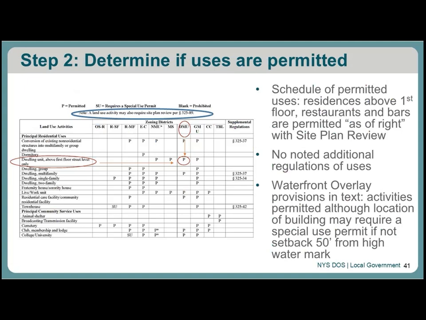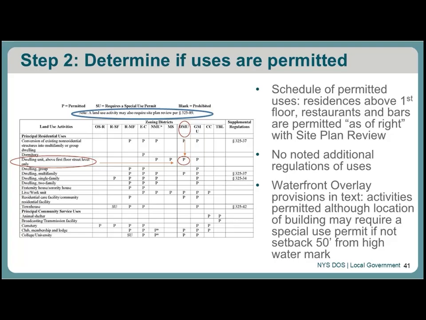If you were to go down the list of uses and you see single family homes or two family homes, those are not permitted uses in this zone, and that's probably because the intention of a downtown mixed use area is to have a mix of uses in buildings or maybe more small scale apartment buildings, and is less suited for single and two family homes because this is a more commercially driven area.